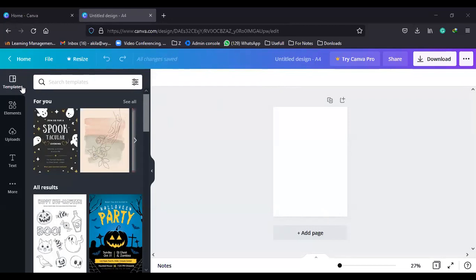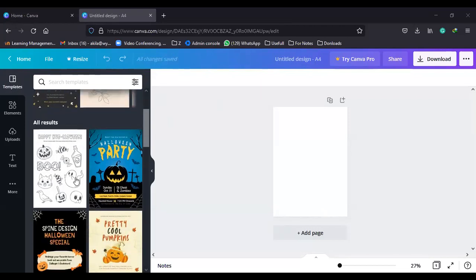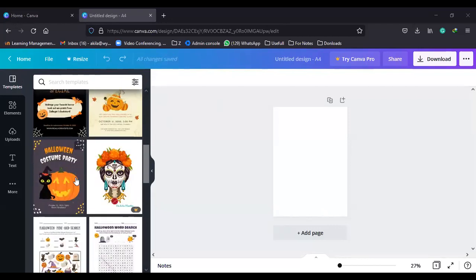Right, children. Then these are templates. You can see in the left corner, templates. You can select the template and edit that. Again, children, these websites are commercial websites, so they are not enabling all the features for the free versions. However, we can manage a design using the website. In this website, there are more free features. That is why I recommend this website for your designs. Right. See here, you can see the Pro mark.